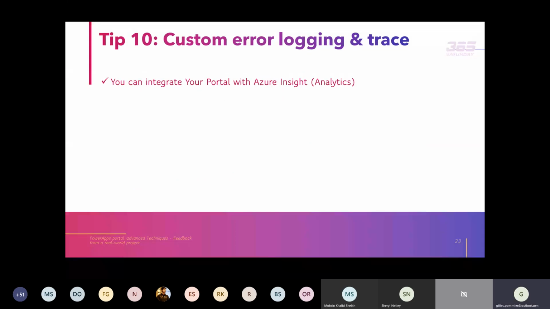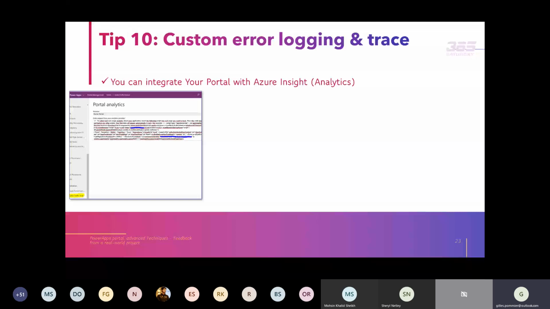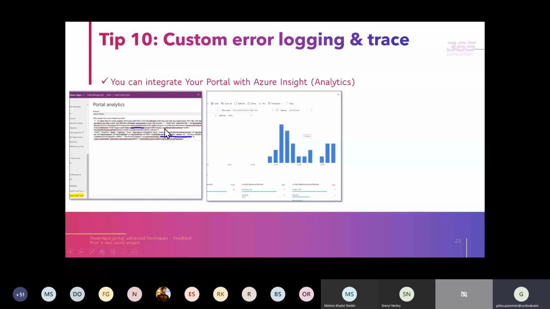The custom error and login trace. So this is an easy one, but it's very powerful. If you want to integrate Azure Insight in your portal, you just have to put the snippet. You have a specific function to enable traffic analytics, and you just put the snippet that is provided with Azure. And when you put the snippet and save, automatically you will have the analytics, the insights with Azure for